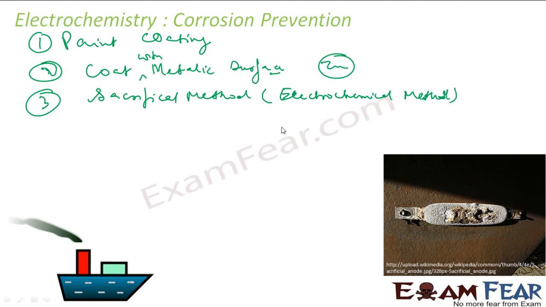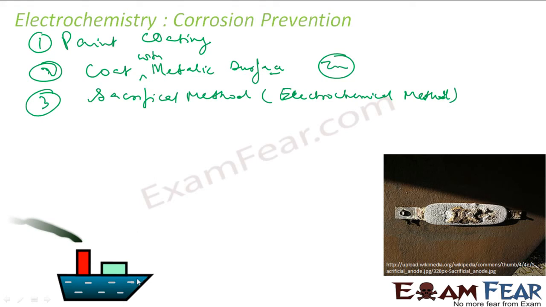So if you see here what we do with ships, we apply a small rod of magnesium or zinc to the iron. If you assume that the whole ship is iron, we apply this, and I'll show you the magic of what happens. These magnesium or zinc rods which we applied will corrode themselves,